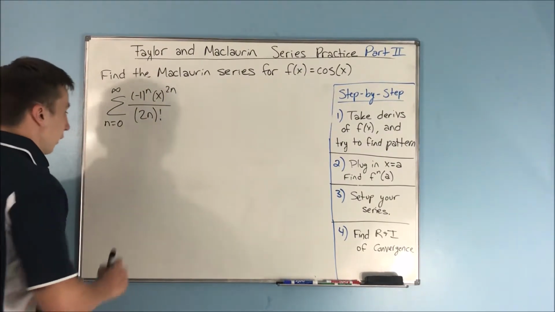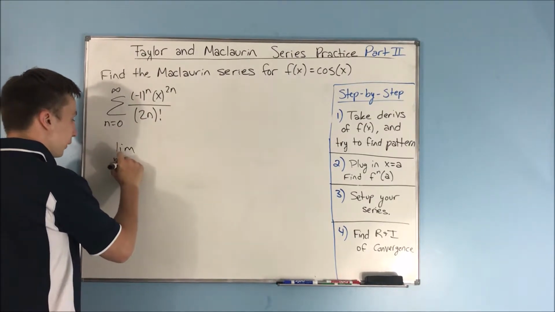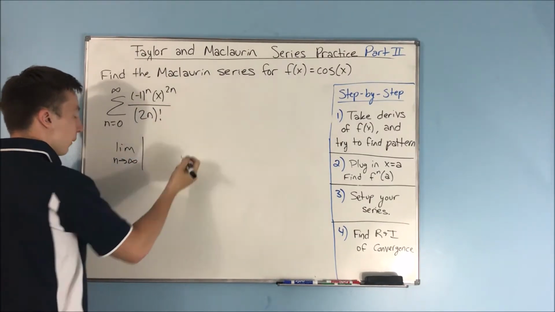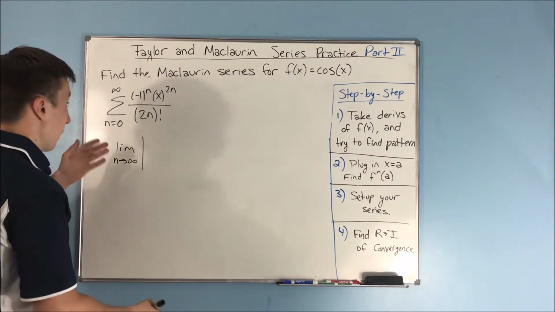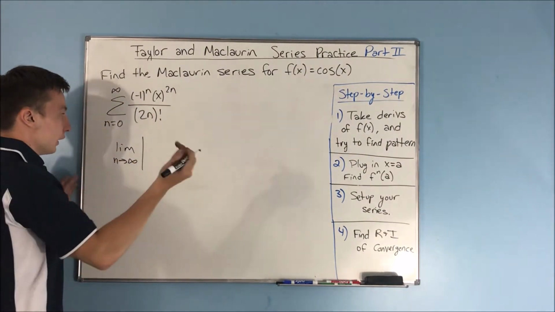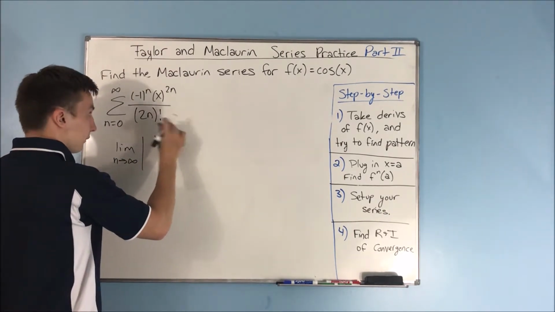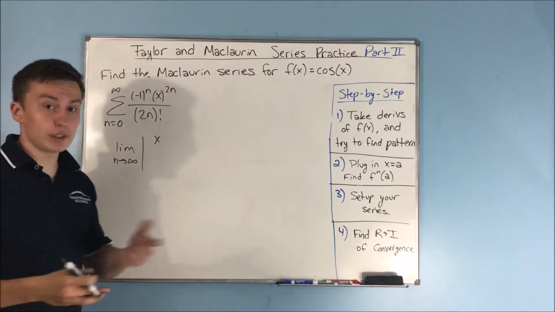So we want to find that radius and interval of convergence. Let's use the ratio test here. We take the limit as n approaches infinity of a sub n plus 1 over a sub n. A sub n plus 1 is going to be, let's forget about that negative 1. That doesn't really matter at all, because the negative 1 is just going to get canceled out